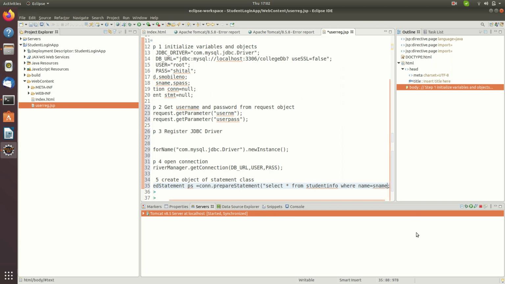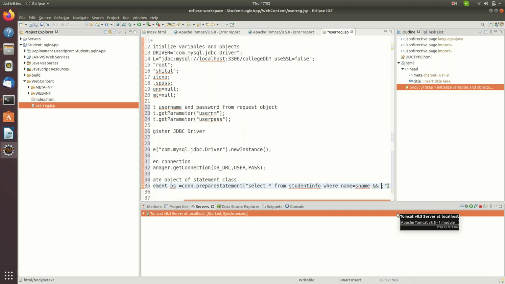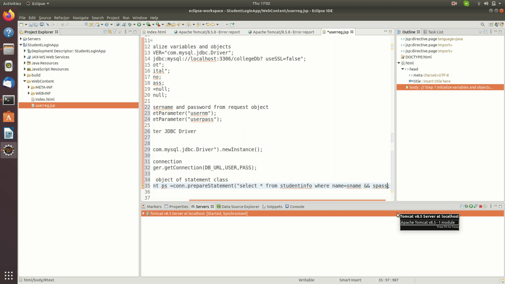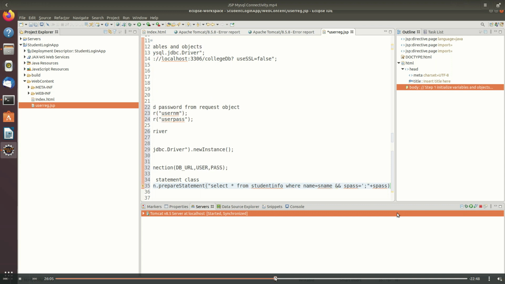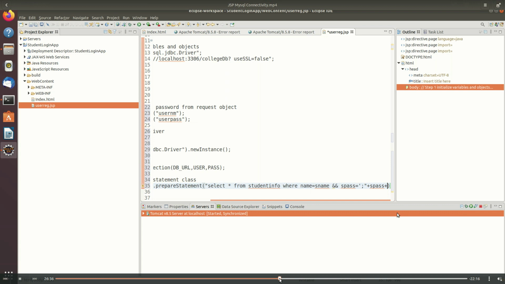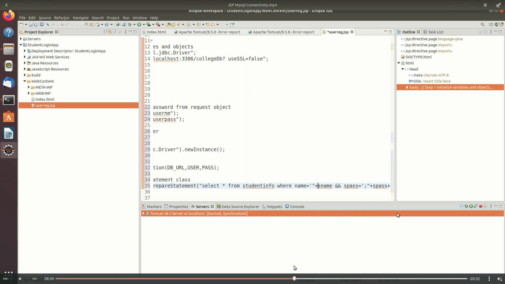So those parameters we are doing this by using dynamic SQL. In the dynamic SQL, at runtime it will get those parameters, and my select star from student info where my name should be equal to the S name, that is the name passed from the HTML form. So this string is approximately like this. Okay, so you have to specify the codes there, and you have to remember how you are executing this select query from MySQL, and like that you have to provide the proper runtime attachment of this.